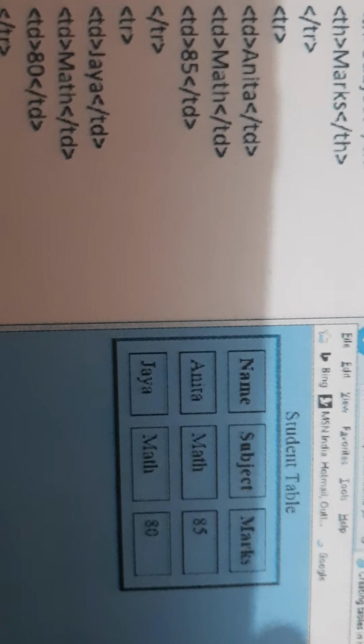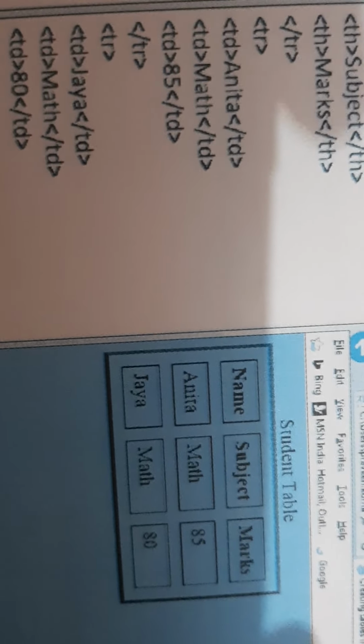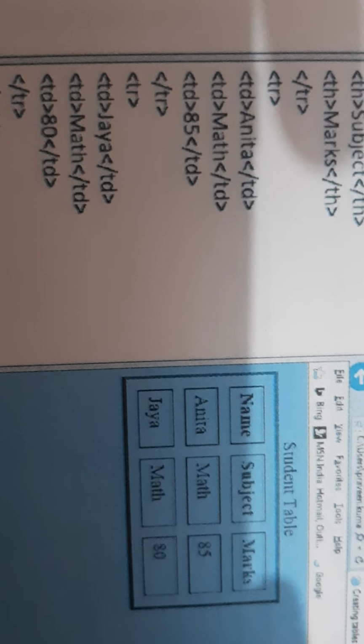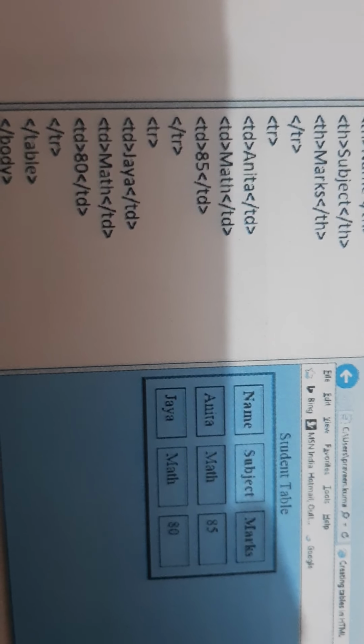So cell padding basically means amount of distance between the content, that is name, and the cell border. If you do not specify padding, the table cells will be displayed without spacing.